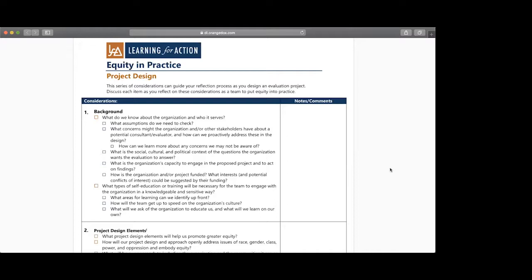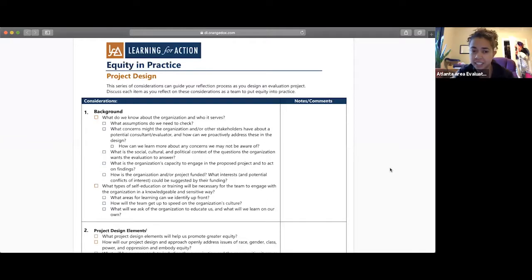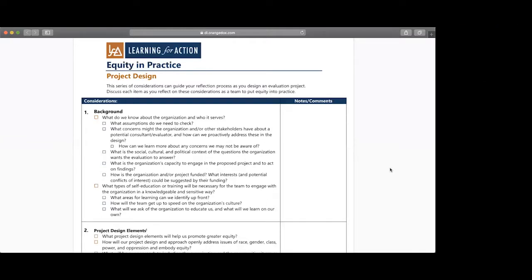I was thinking about it because I've recently used a checklist, and this is totally fast forwarding, but yeah. Often when I use checklists, it's because I'm working on a specific thing, like recommendations or putting together some other part of a report or a project or something like that.